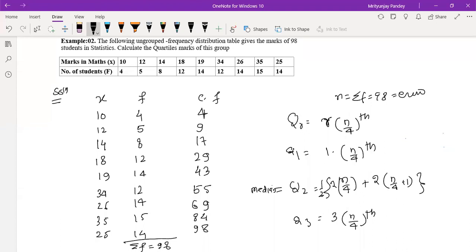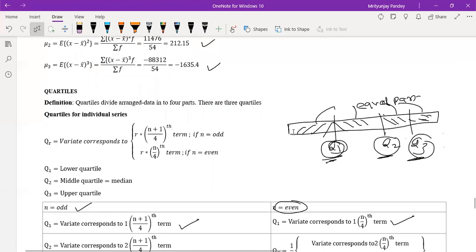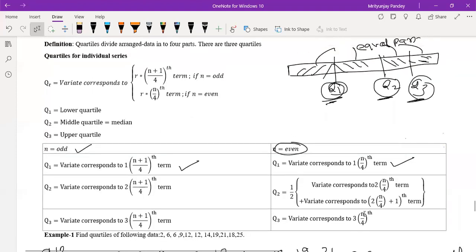बिकॉज अब इवन होगा तो देयर आर 2 टर्म्स. इधर मैंने लिख के दिया, आप देखो, for n equal to even number. ये क्लियर है? Q2 बिकॉज n का वैल्यू इवन नंबर आया ना, तो इवन के लिए ये फॉर्मूला है